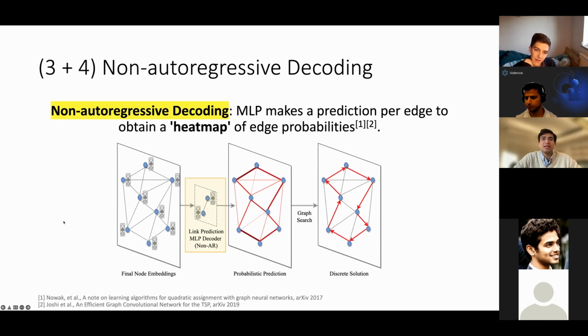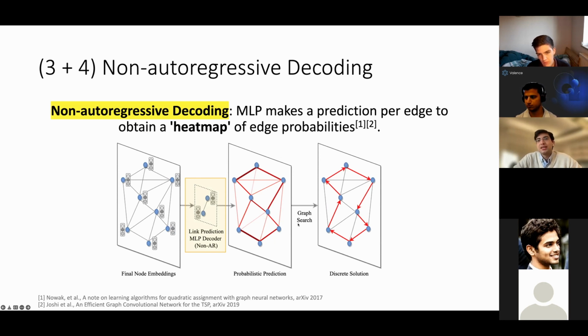So the first approach and the simplest thing you can do, for example, in the case of TSP, is that you can use a multi-layer perceptron to essentially do link prediction over all the edges in your graph. So your MLP makes a prediction per edge. You take the node embeddings and you try to come up with a value between 0 and 1. And this gives you a kind of heat map of probabilities over your edges in your graph. And then you can feed this into a graph search